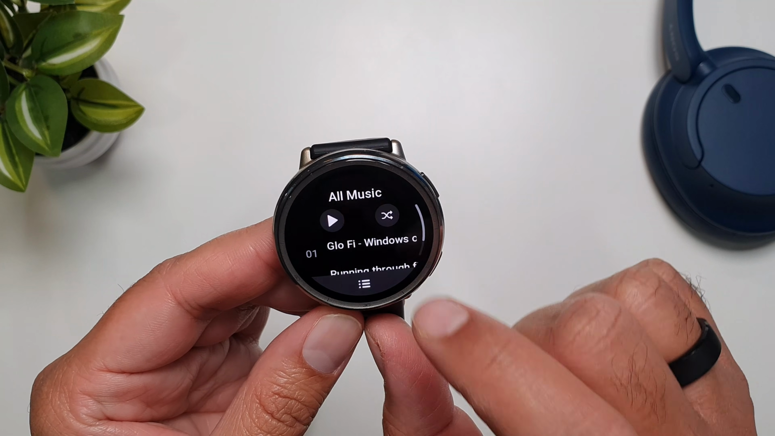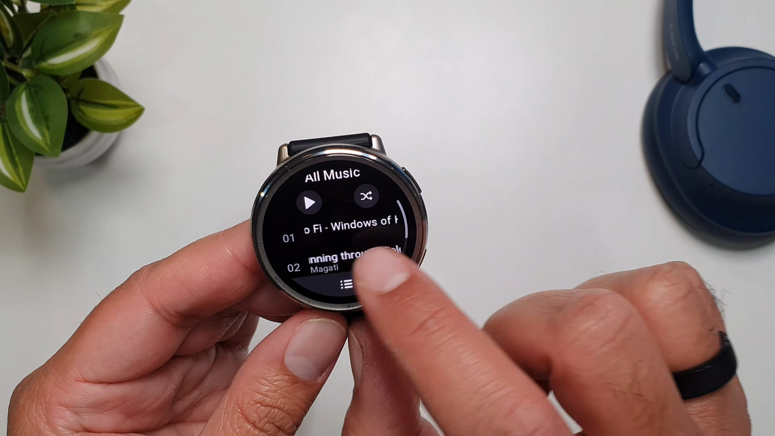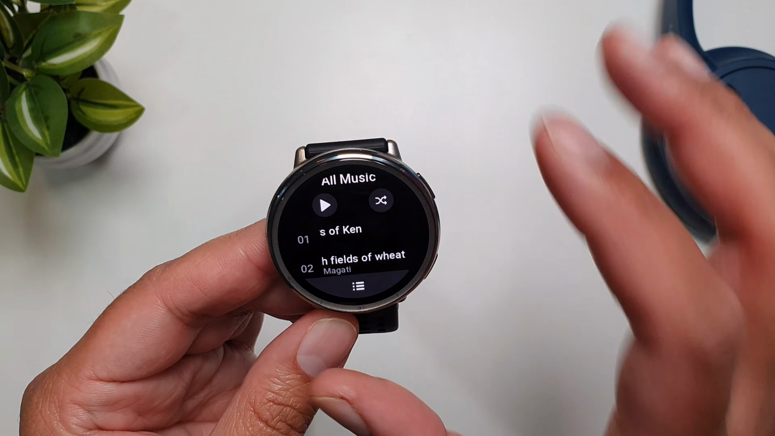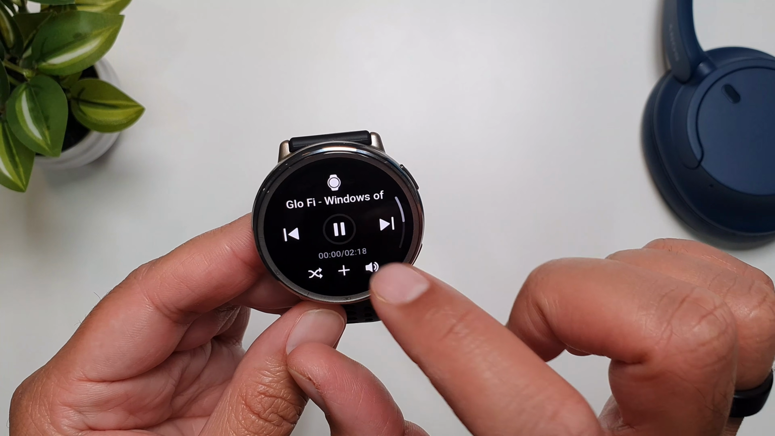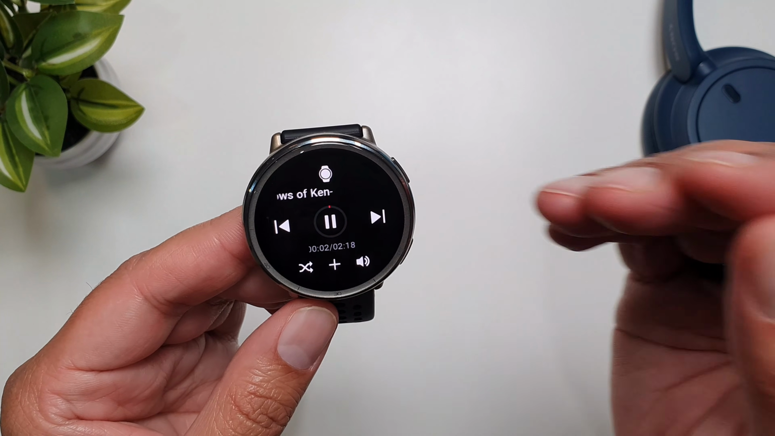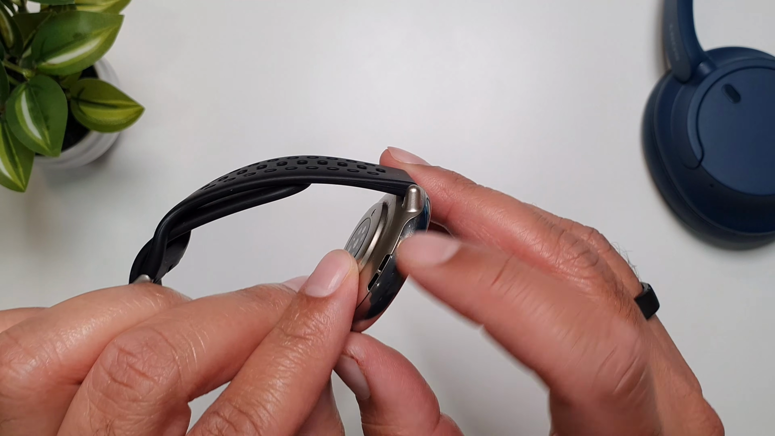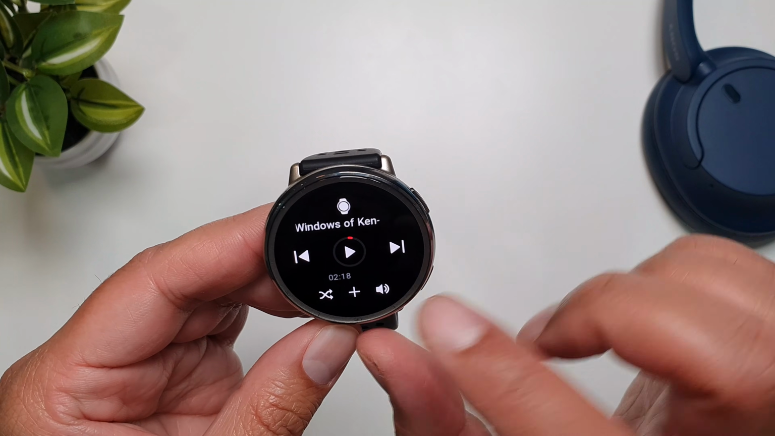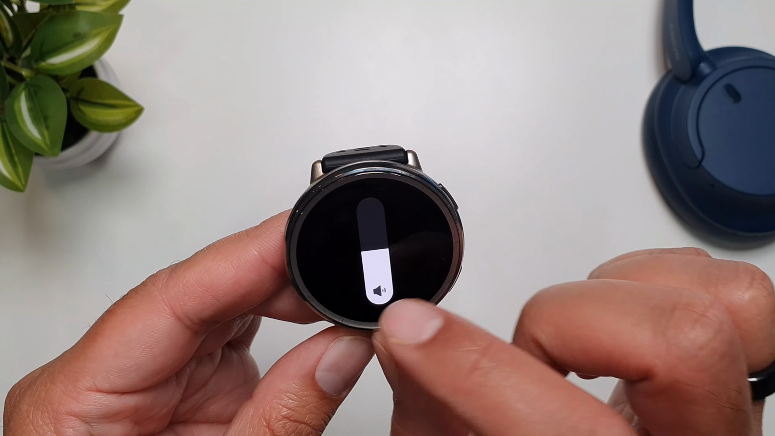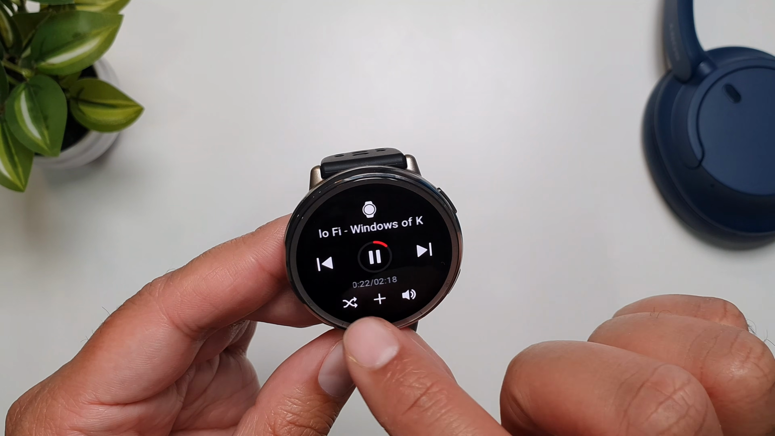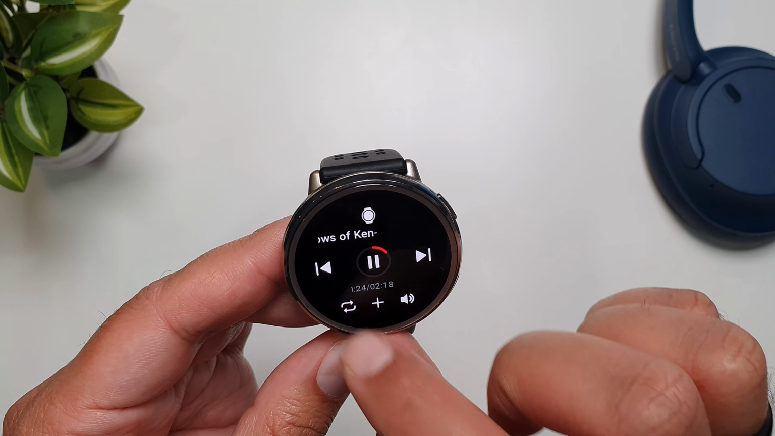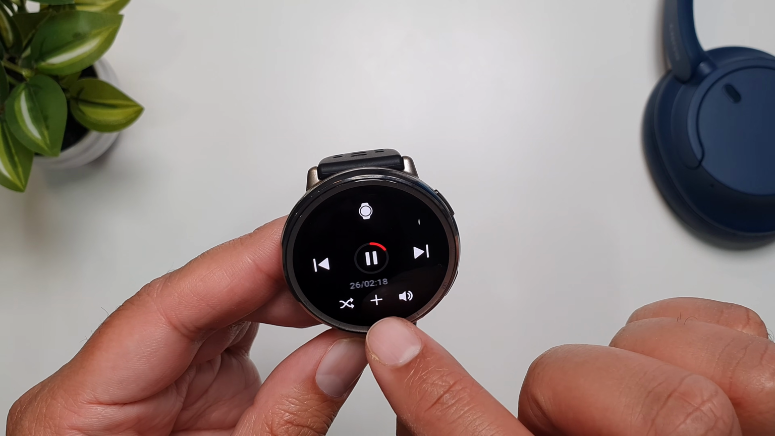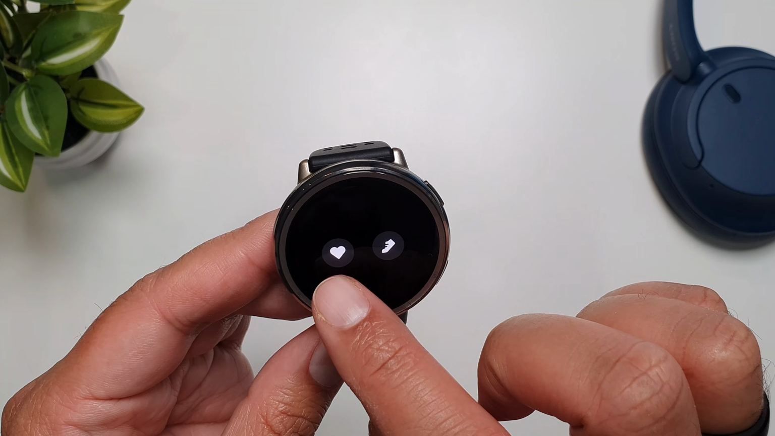go in my playlists, go in all music, and you will see this new song that we have just downloaded on the watch. And from here you can play it and it will play on the watch through the watch speakers. You can then obviously pause it, play it. You can increase or decrease the volume. You can set it on repeat if you want, and then you can add it to your favorites or to